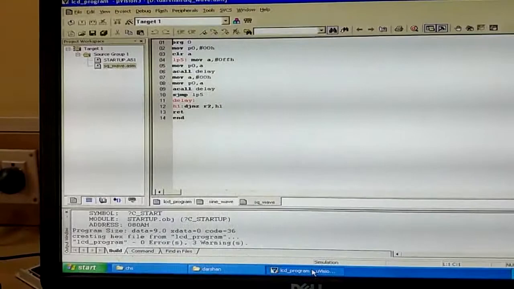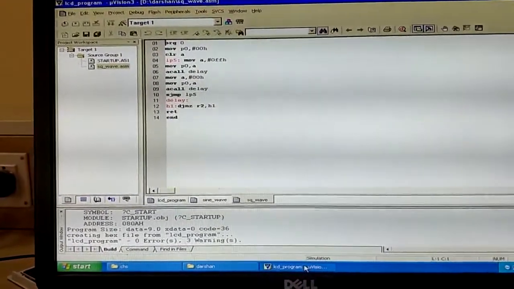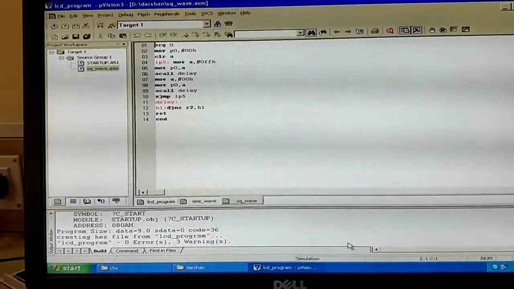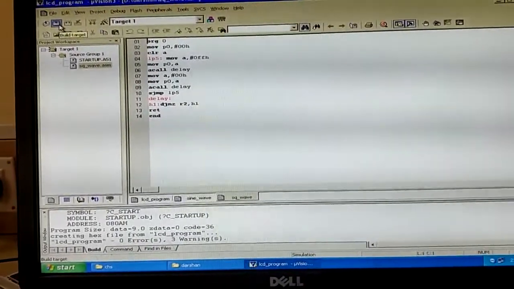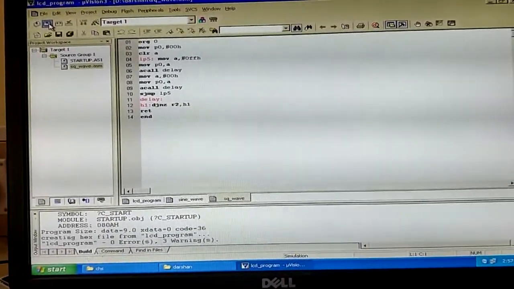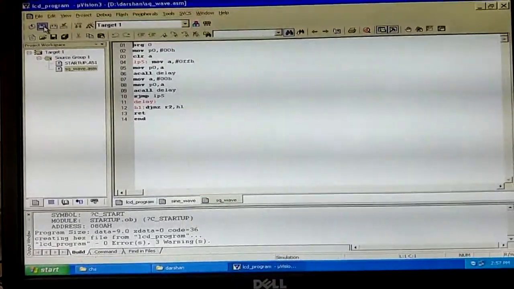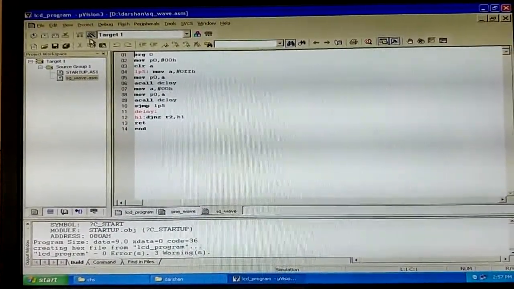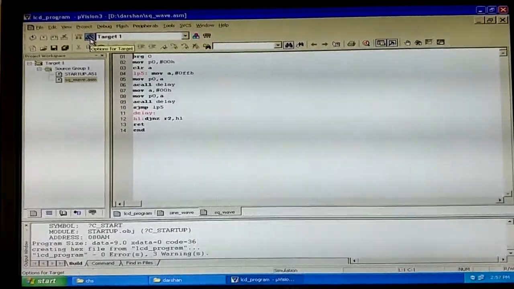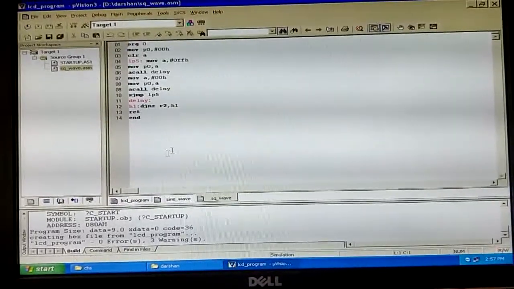Hello student, now we will see the program for the square wave generation using DAC. This is the program I have already written. Now I have to build the program by clicking build target. After that we need to check the hex file checkbox. Also we need to verify that the frequency of the 8051 microcontroller is 11.0592 through options for target. We have to check this for every program. Now we have generated the hex file for this program.